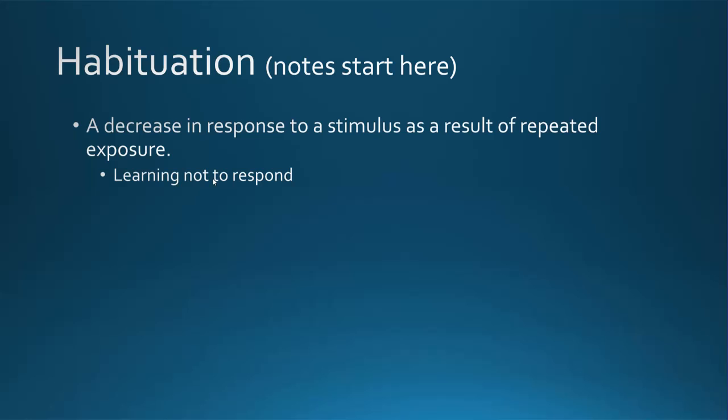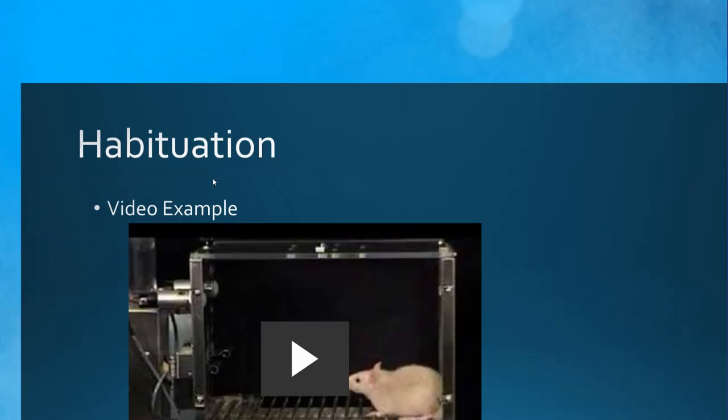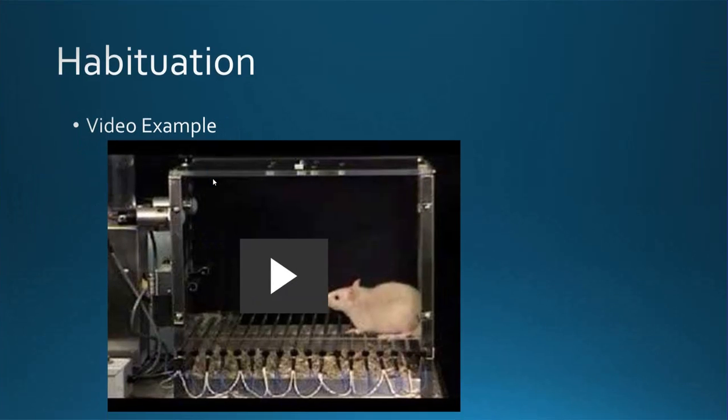So I'm going to end this video here and have you, in a link in Canvas, watch a video example of an animal undergoing habituation training. Because I don't own the rights to this, I can't include it in this video, but as you watch it, try to look at the animal's behavior and try to match it to that definition. And when you come back to part 2, we'll talk a little bit about that video and what you saw.